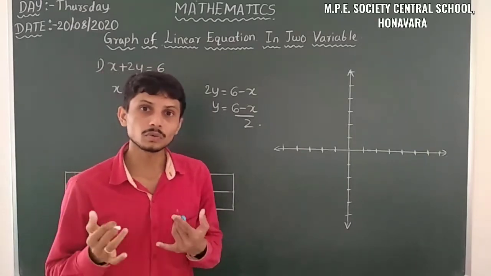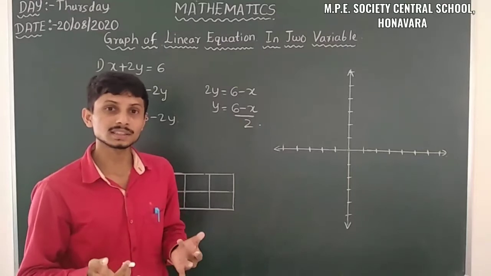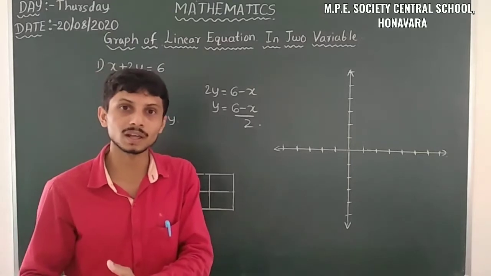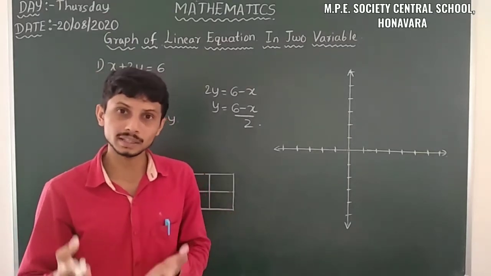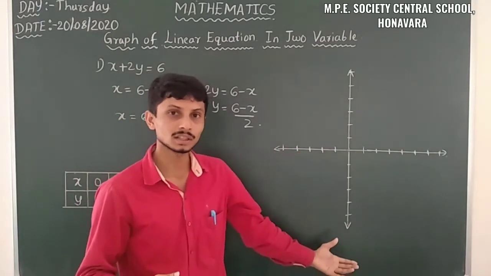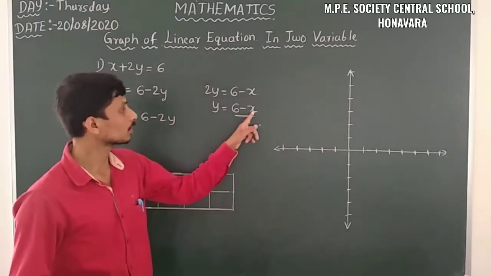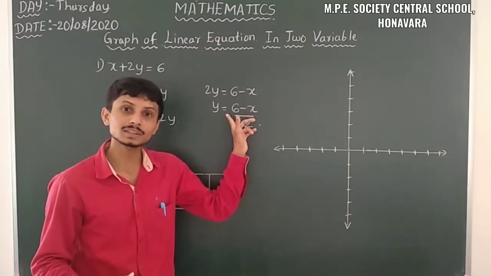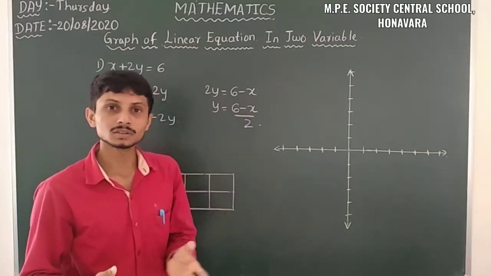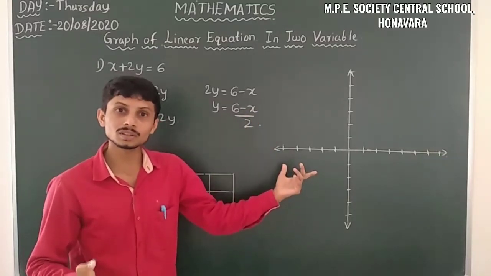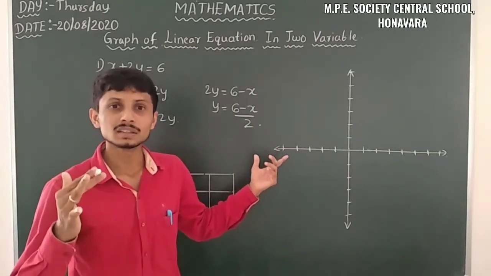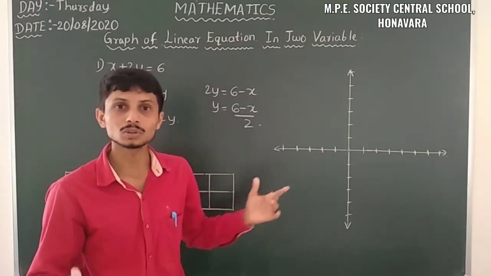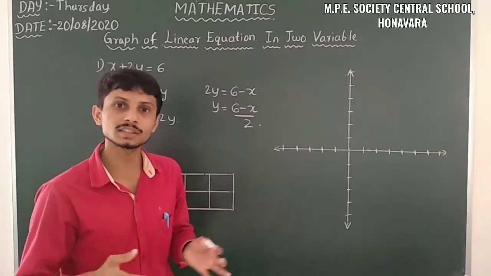So for betterment and easiness, we have to take integers as x and get the value of y as integers. When both x and y are integers, we can easily represent them on the Cartesian plane. Just observe here, when we are inserting an even value of x, subtracting it from 6, we get an even number only. Then we can easily divide by 2, because the definition of an even number tells us that all even numbers, when divided by 2, give whole numbers or integers as the answer.